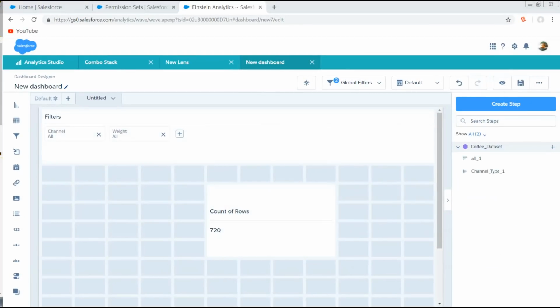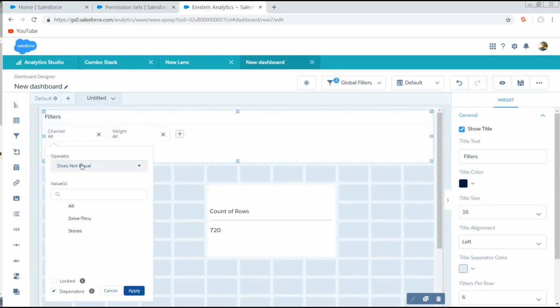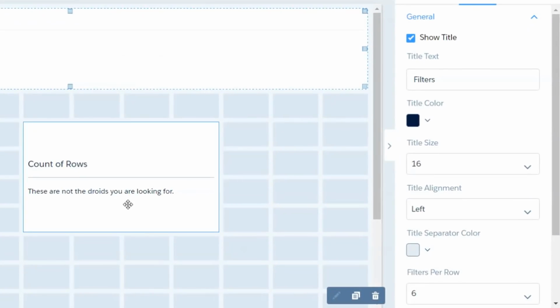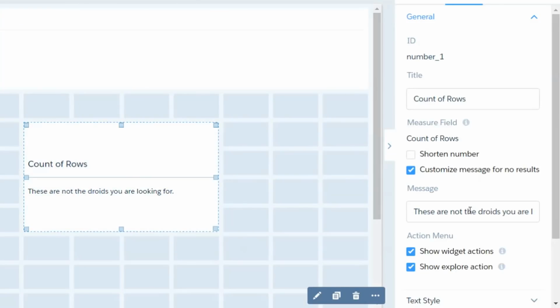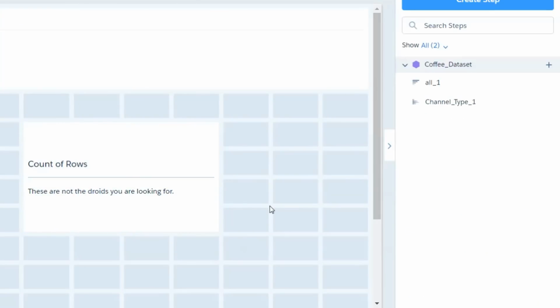And speaking of no results found, let's take a look at what happens now if we set a filter to result in nothing coming through on a number widget. Instead of showing no results found, I'm able to show a customized message, and this is going to be configurable under the number widget's options. So this has definitely been a feature request that has been coming up on occasion since the good old days, and people have done some pretty crazy stuff to get around that, usually involving projecting their number to a text